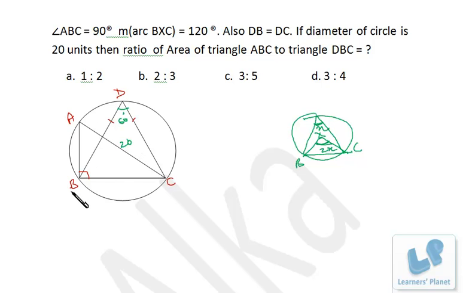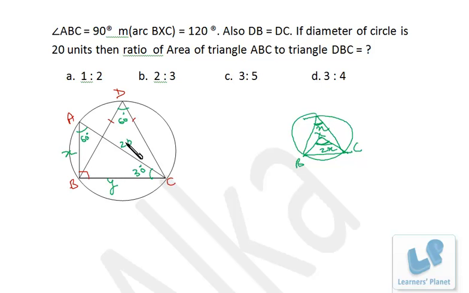Now, see, this is the segment BC. On this segment we are getting this angle BDC. On the same segment we are getting the other angle BAC, right? Angles on the same segment are always equal. So if it is 60 degrees, it has to be 60 degrees. Now if it is 60 and 90, then it must be 30, right? Now suppose this is X and this is Y. To find the area of triangle ABC, what do we need? We need the lengths of AB and BC.